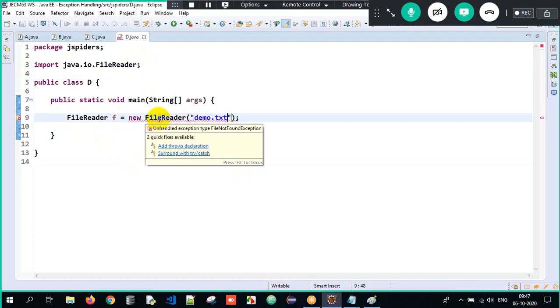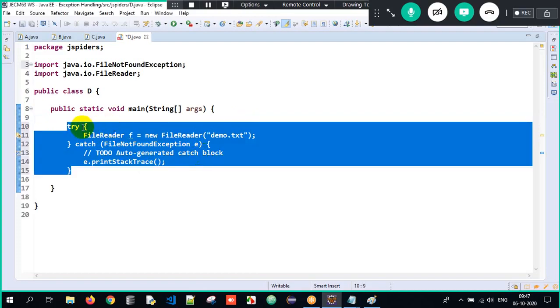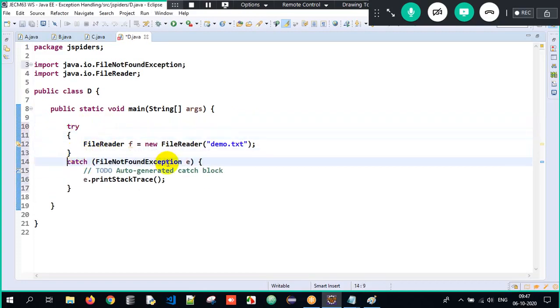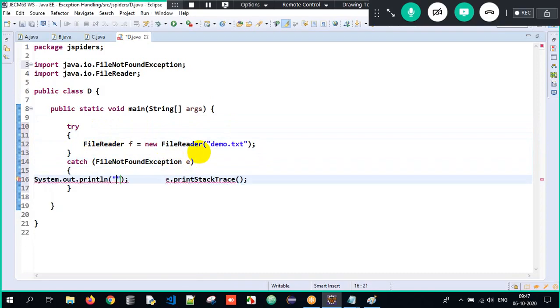See, as soon as I hover on it, it says unhandled exception type FileNotFoundException. It simply means that when I am trying to read the data from a file, the compiler already knows there is a possibility of a FileNotFoundException, so the programmer has to handle it immediately. I'll click on this particular line. See what happened here? We are handling it immediately. In the catch block, I can just write one print statement as file not found.